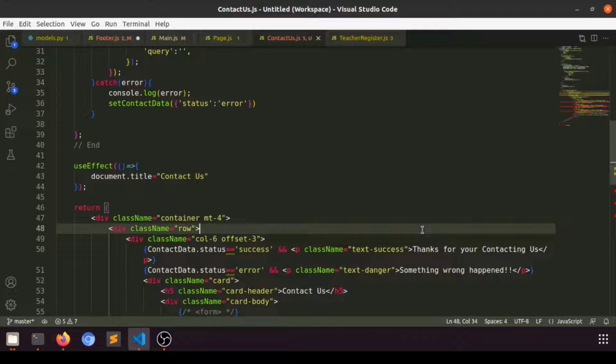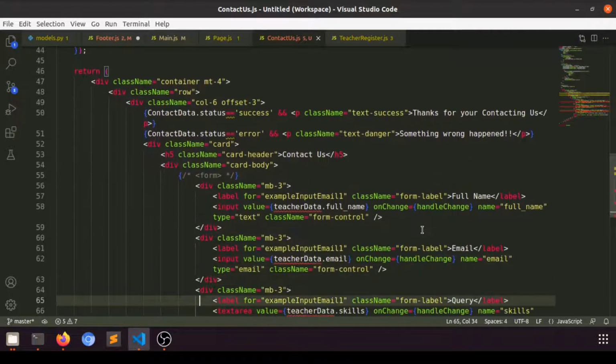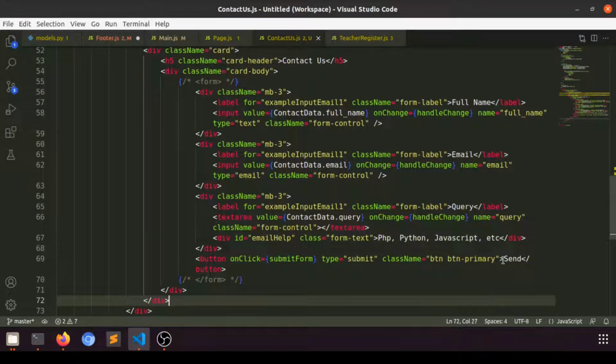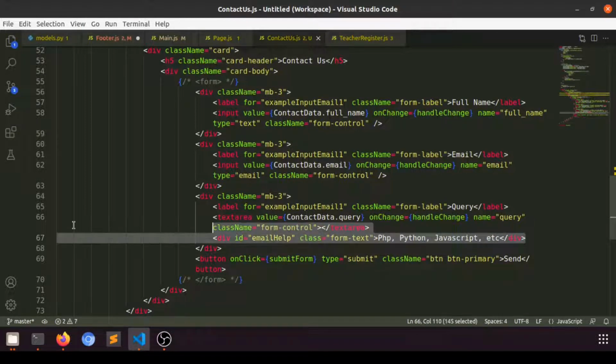Okay, so status, and this will be contactData. So this is our contact data, then email, and then query, right? So this will be query. Okay, so everything is okay, no need this, no need this. All right,